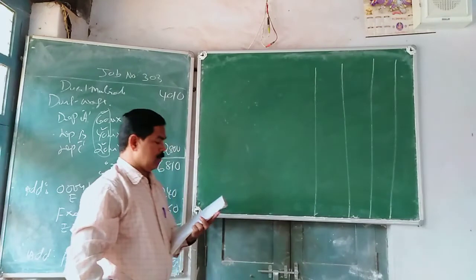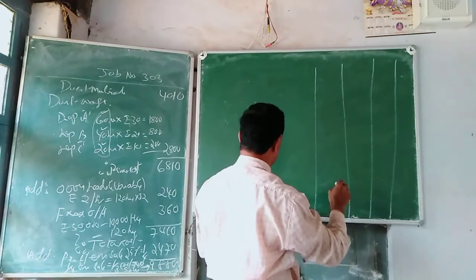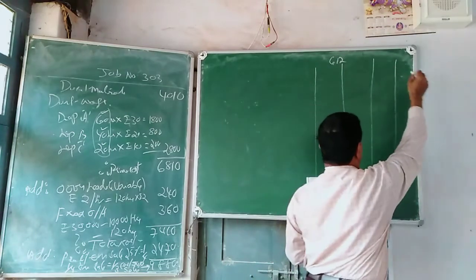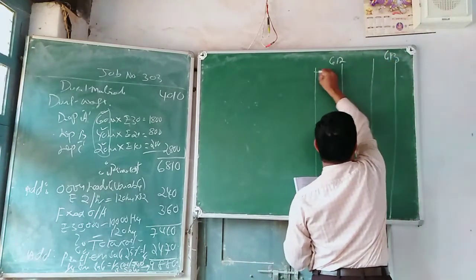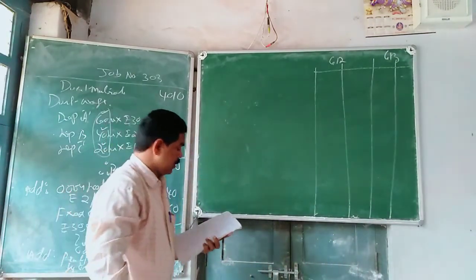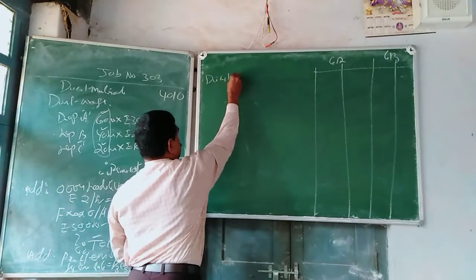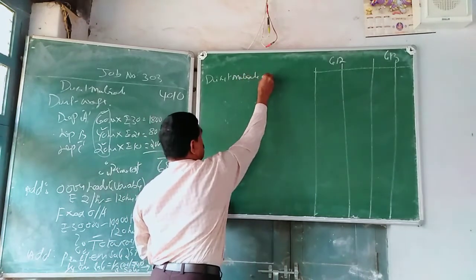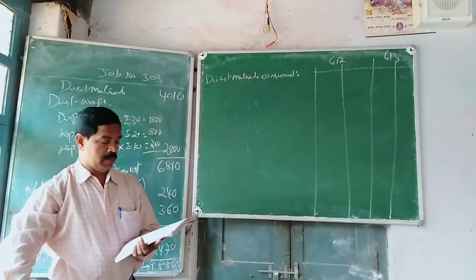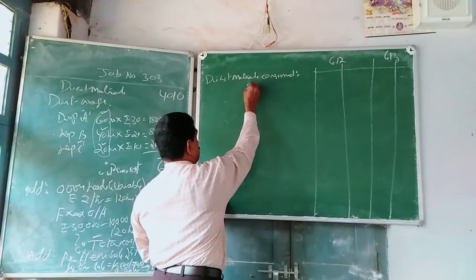So I have to write the job cost sheet for the month of May 2014, that is very important. Then job number 612, job number 613. One is for calculation purpose, another one to write the final amount. First write direct material consumed. Here we have to calculate the direct material consumed because opening stock is there, purchase is there, and closing stock has to be adjusted.